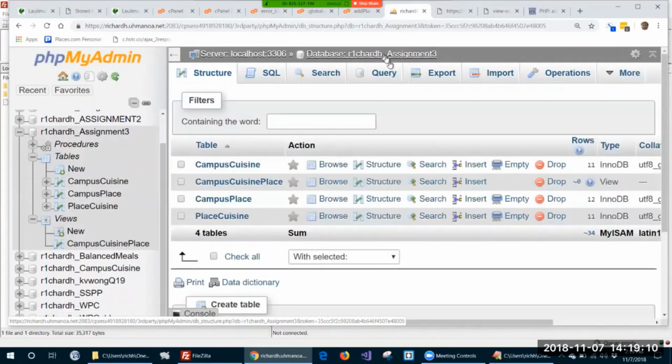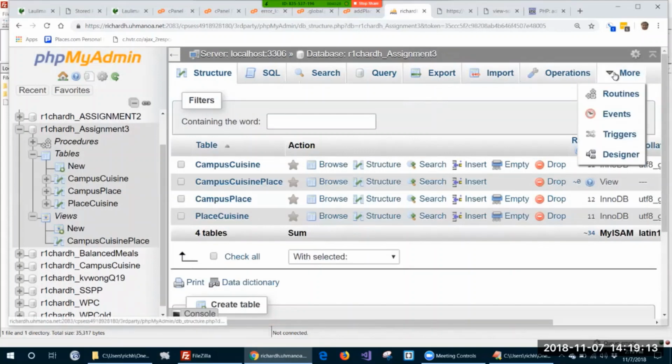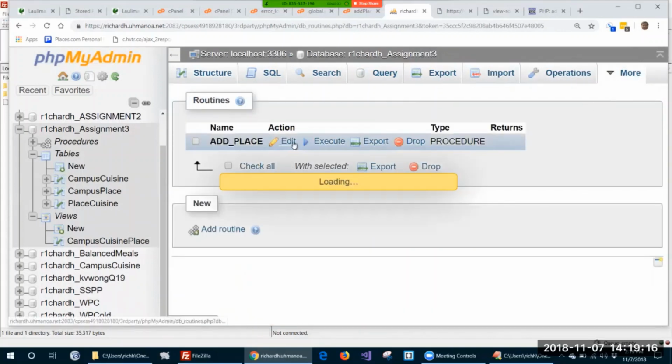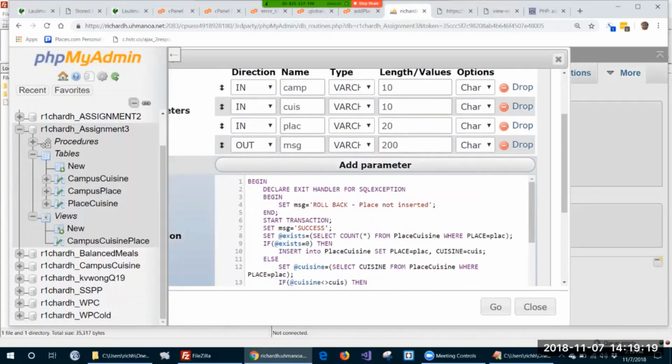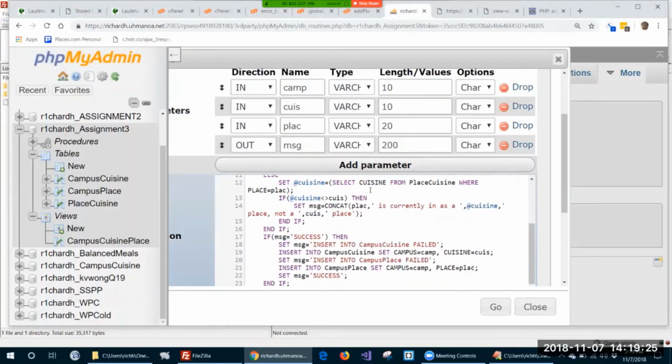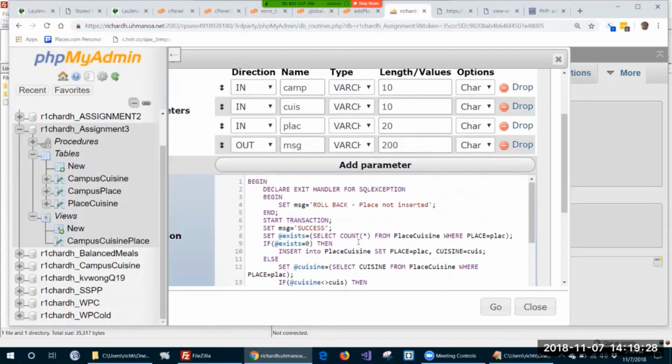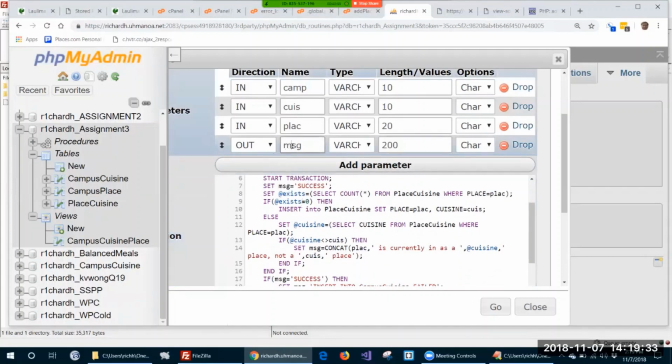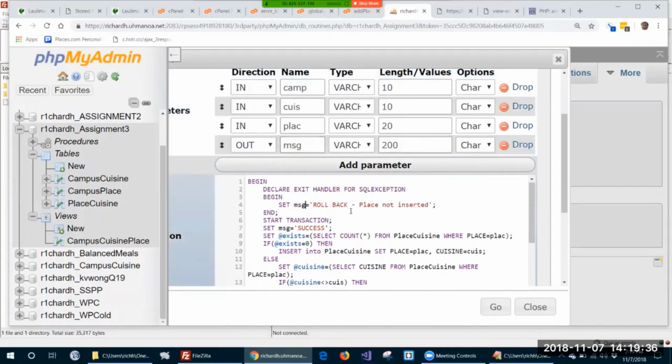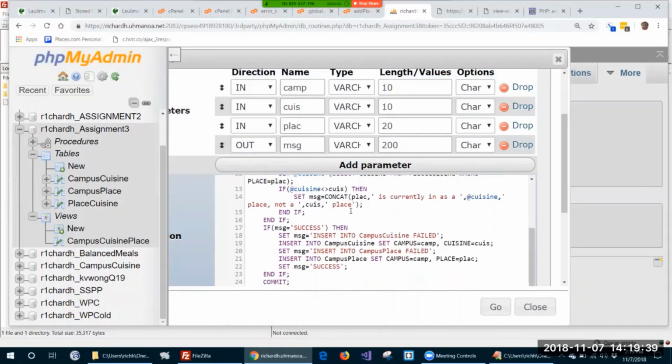Let's go look in here, and let's go look in routines, and let's look in here and see what this looks like. It must have, there must have been an exception. Why didn't it, something's, oh, I reset this message to that. That's this message. So it gets written. And it probably happened when I was trying to insert